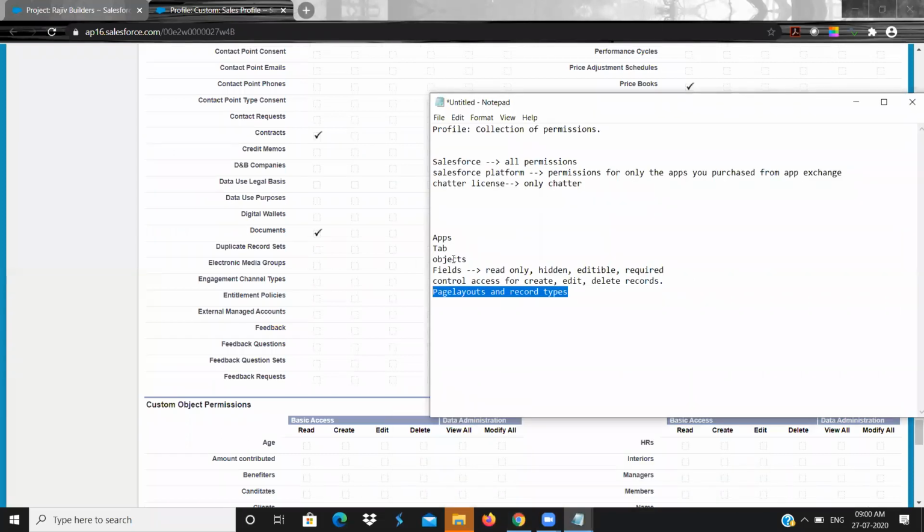Before clicking on edit, what you can control is fields, the page layouts and record types. As for now, we will remove it because this will be confusing. I'll cut it and paste it at the bottom. Before clicking on edit, you can control the page layouts and fields. After clicking on edit,